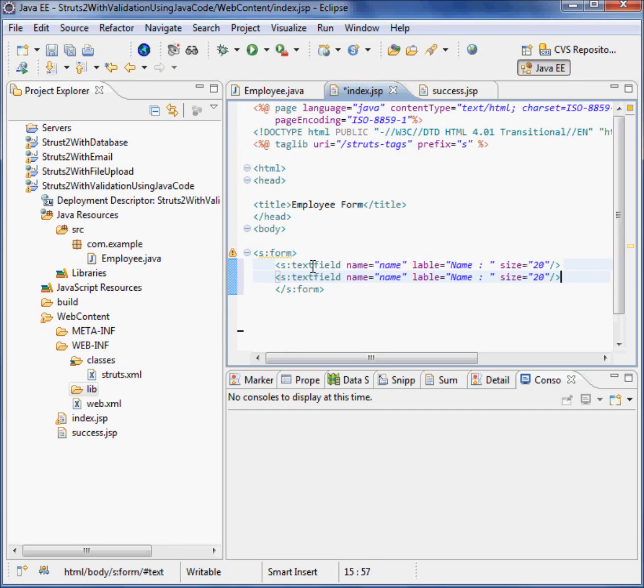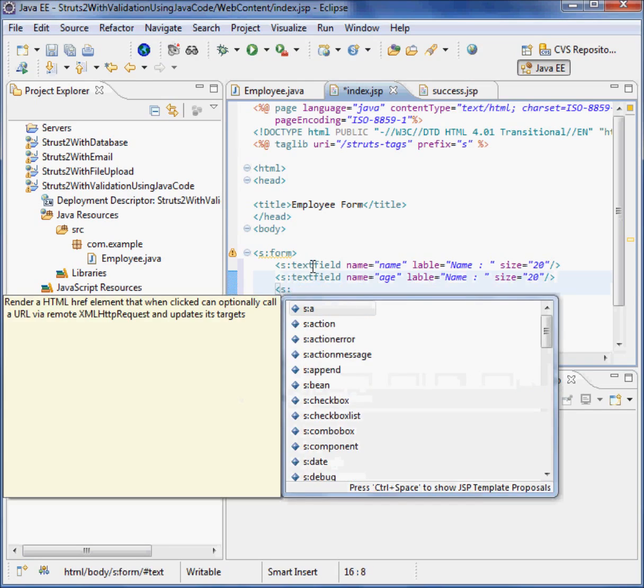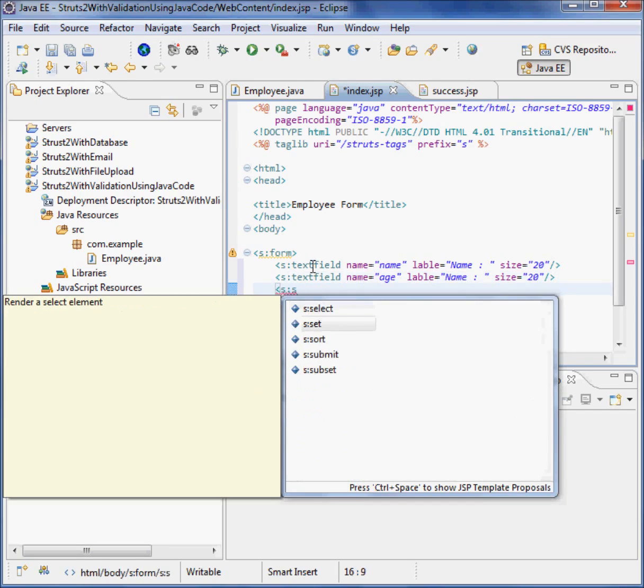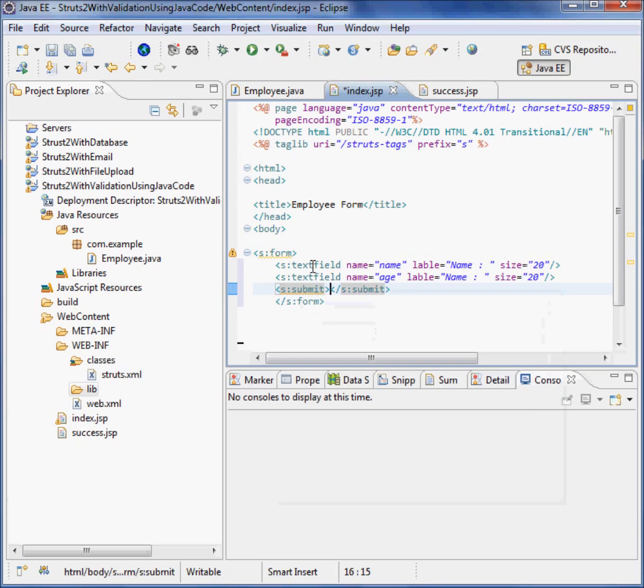Same, the next field I have, and the field name is age, right? Correct. Now next is the submit button. So I'll say here s:submit. Now name equal to submit,